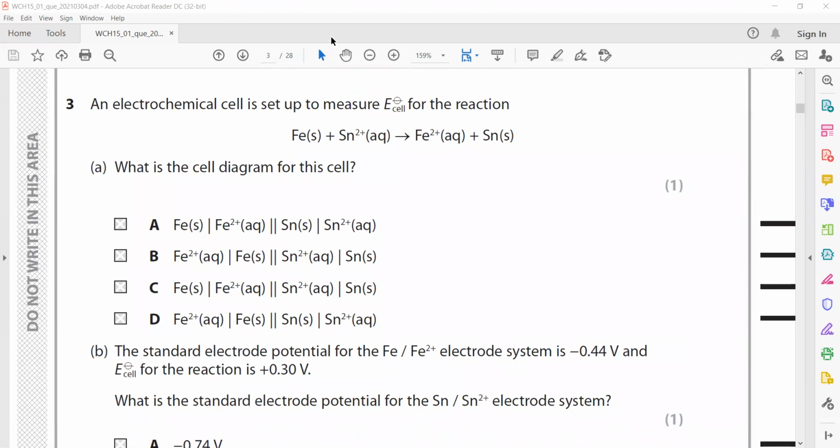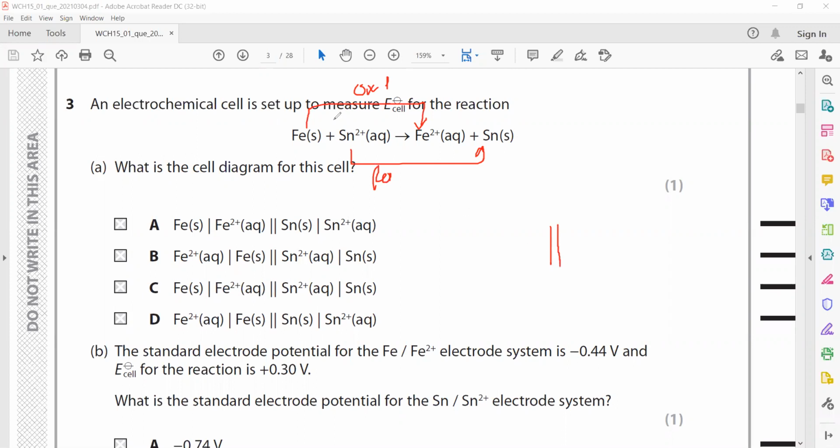An electrochemical cell is set up to measure the electrode potential of a cell in which iron is changing into iron(II) and tin ion is changing into tin atom. So this one is oxidation and the other one is reduction. So what is a cell diagram? These lines are representing the cell notation,